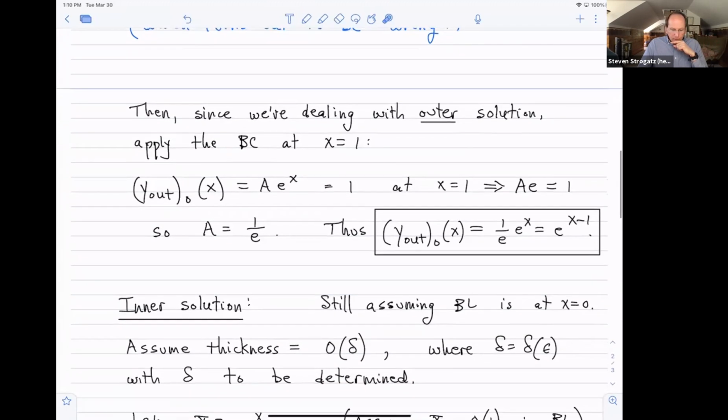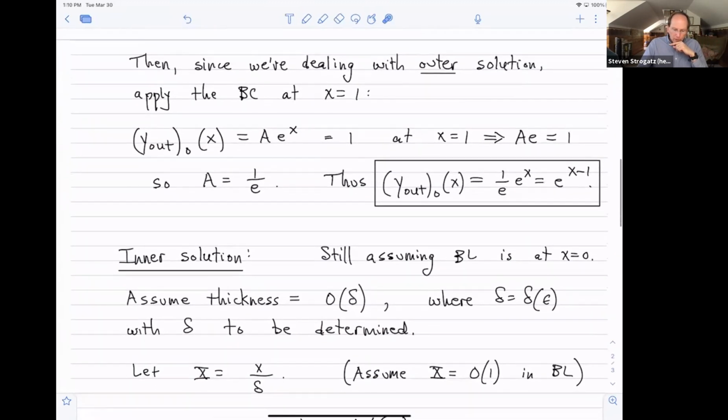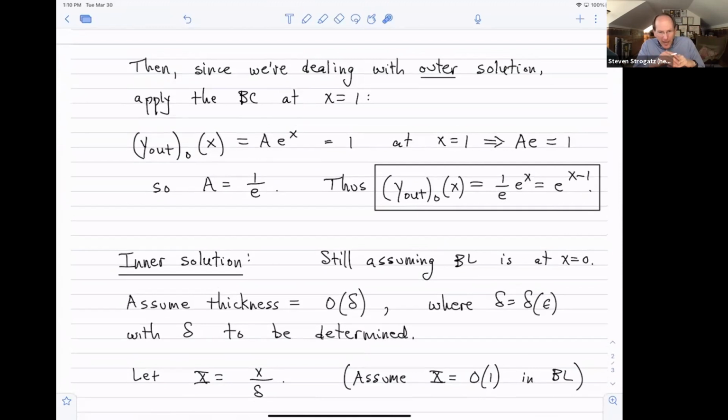So here's the kind of reasoning you could use. Even though this whole calculation is wrong-headed at this point, this part of it is correct, and we're going to use this reasoning later. So this really does work. We're going to choose this inner variable, capital X, to be x divided by the characteristic thickness of the layer, delta. With that choice of units, or scaling, that's going to make the big X variable of order 1 in the boundary layer, because we've now scaled things according to the correct thickness.